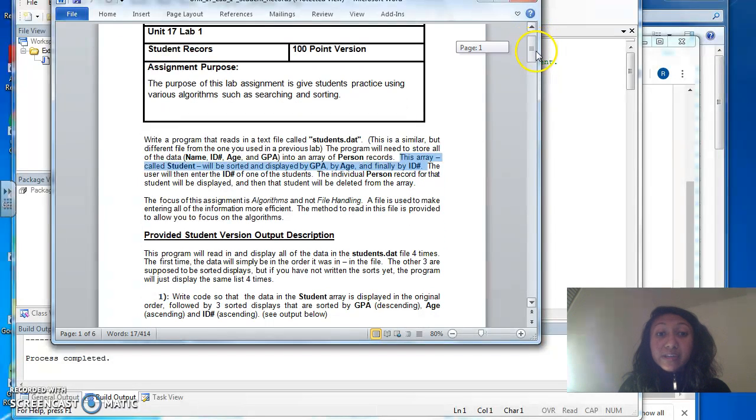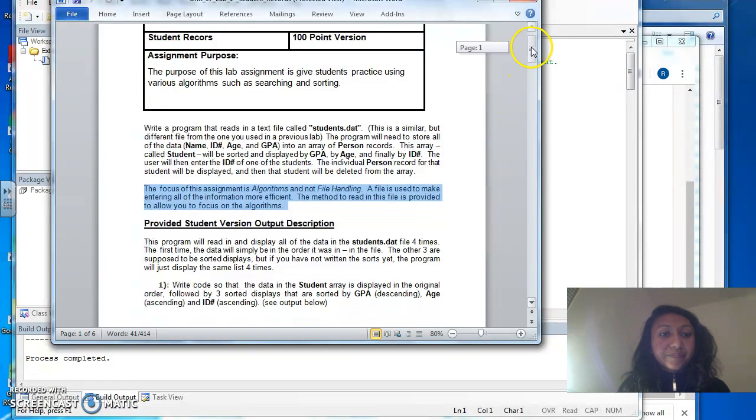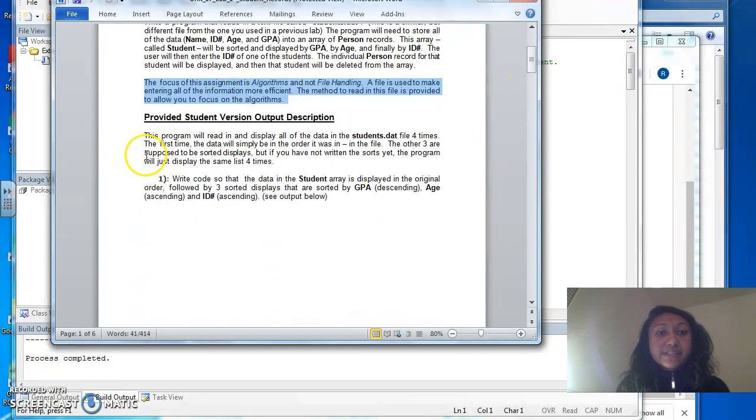And again, you want to note that it says the focus of this assignment is algorithms, not file handling. A file is used to make entering all the information more efficient. The method to read in this file is provided to allow you to focus on the algorithm part of it. Okay. Now it says this program will read in and display all of the data in the student.dat file 4